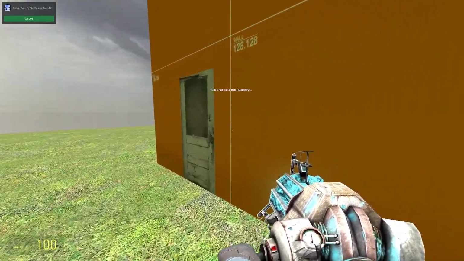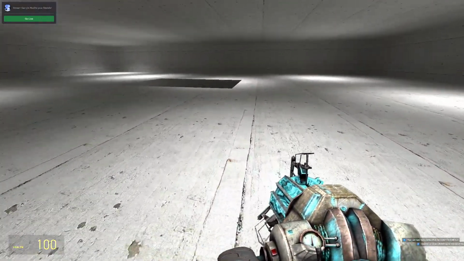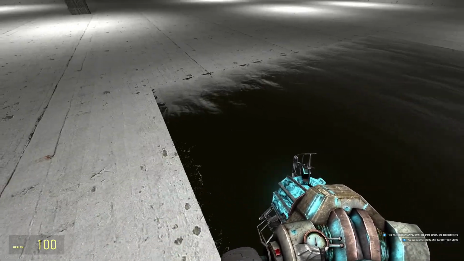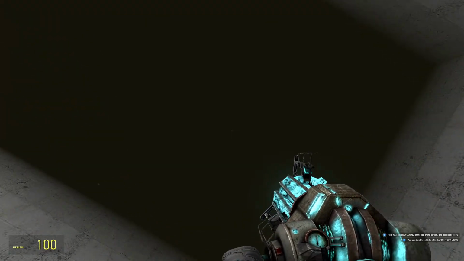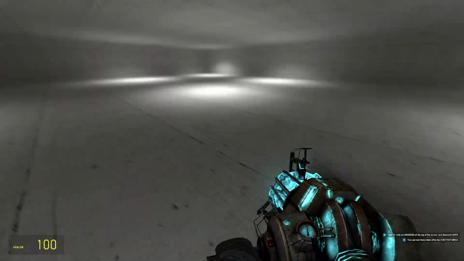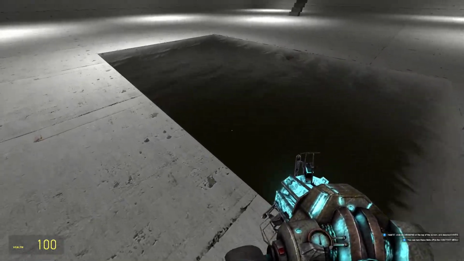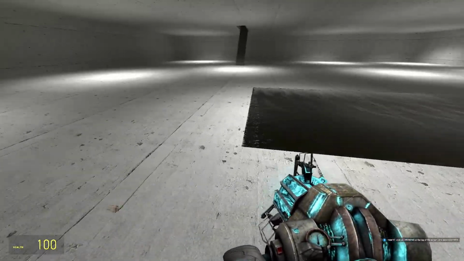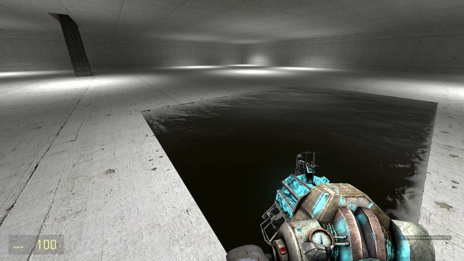Okay, we're in the game. And there we go. See our nice little water texture. We can kind of just jump right in. Here's our little pool. And see, it looks a little better in game than it does in the editor. Yeah, this is our little expensive water. And